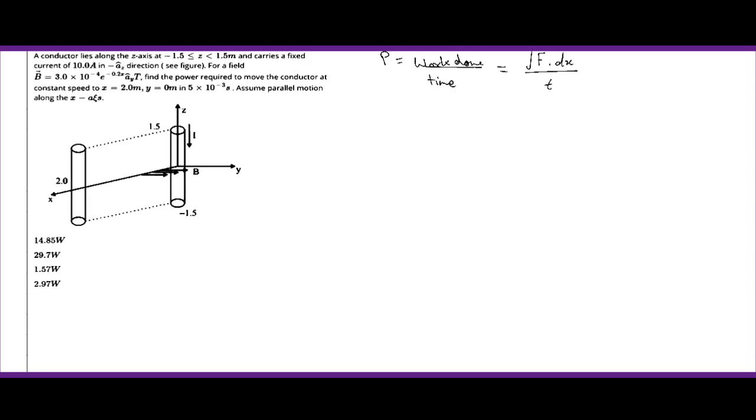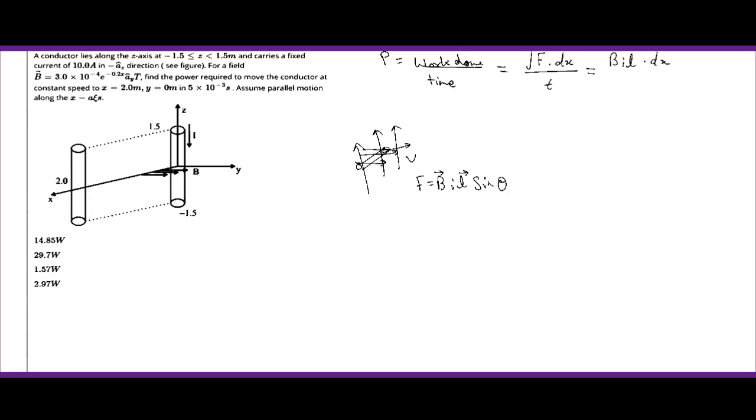Now if we talk about this force F, we very well know that when a conductive material moves with some velocity in the presence of a magnetic field, we have the formula F = BIL sin θ, where θ is the angle between B and L. In this situation we have sin 90 degrees, so we directly write BIL